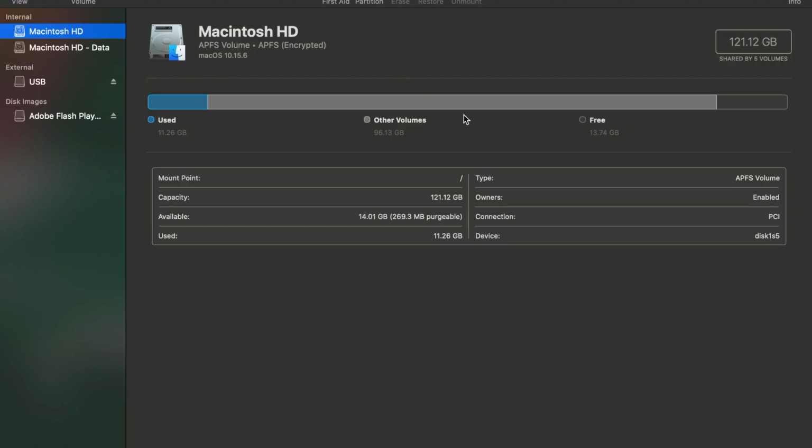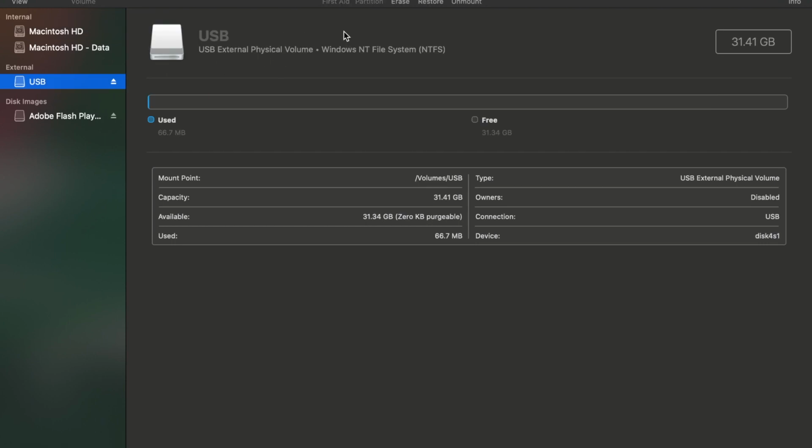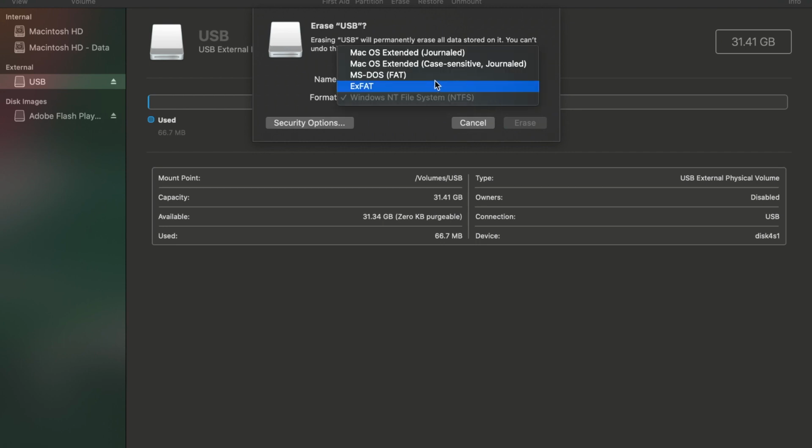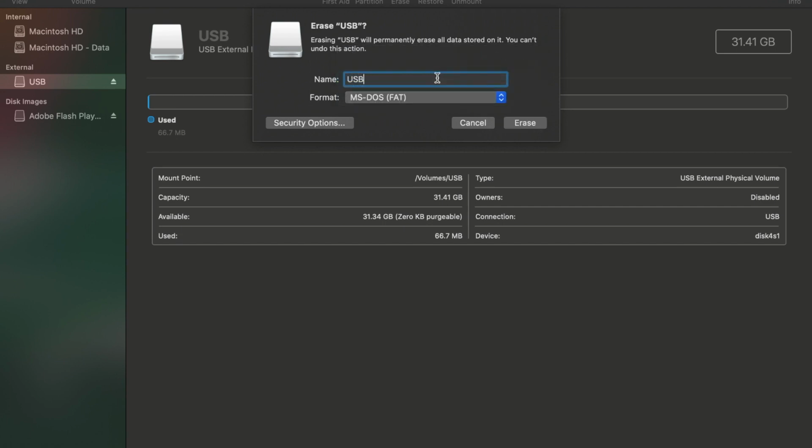Now that you're on Disk Utility, go to your USB drive and then press Erase. Then you can name your USB drive if you want to, and then on the format, put MS-DOS FAT. That's FAT32. Now press Erase.